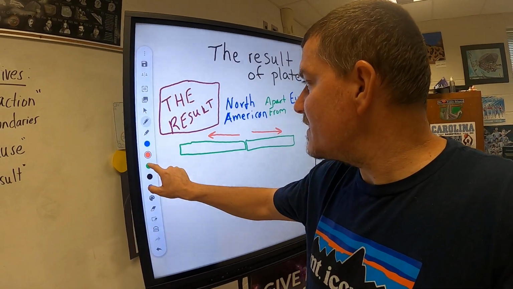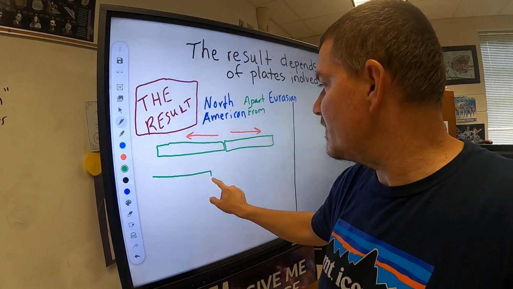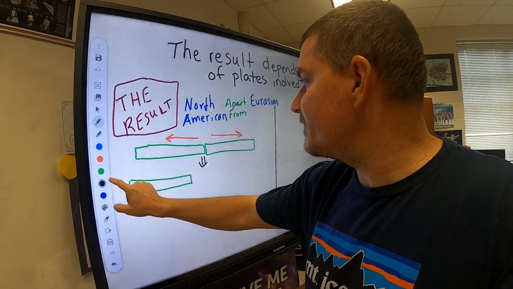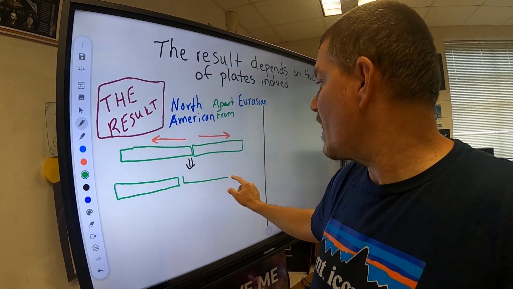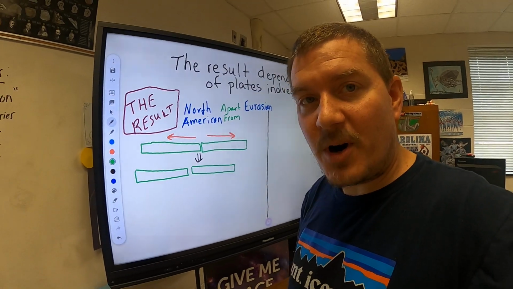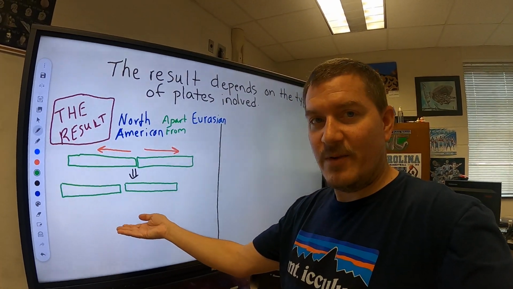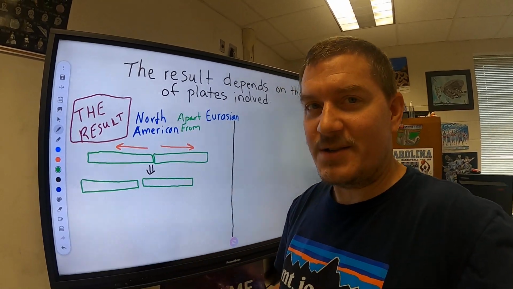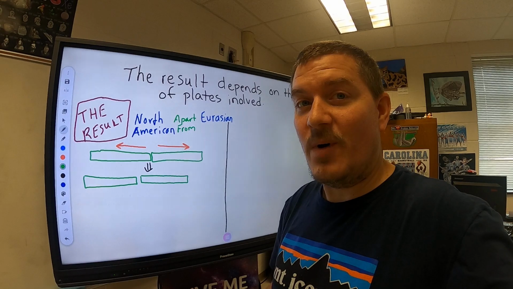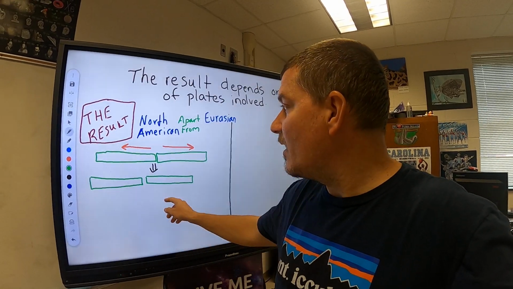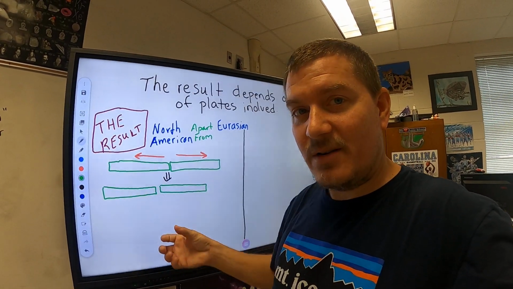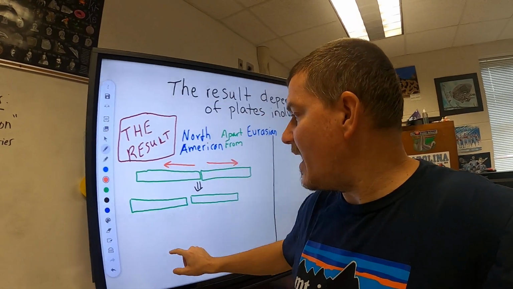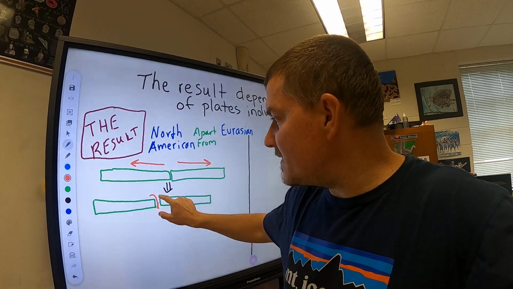And as these two plates move apart from each other, keep in mind what's underneath them. We've got magma, we've got liquid rock down in the mantle. And that liquid rock is always trying to find a way to relieve pressure. And as the plates pull apart from each other, they open up a fissure, a crack in the Earth's crust. Down below that, the magma is going to start to seep up